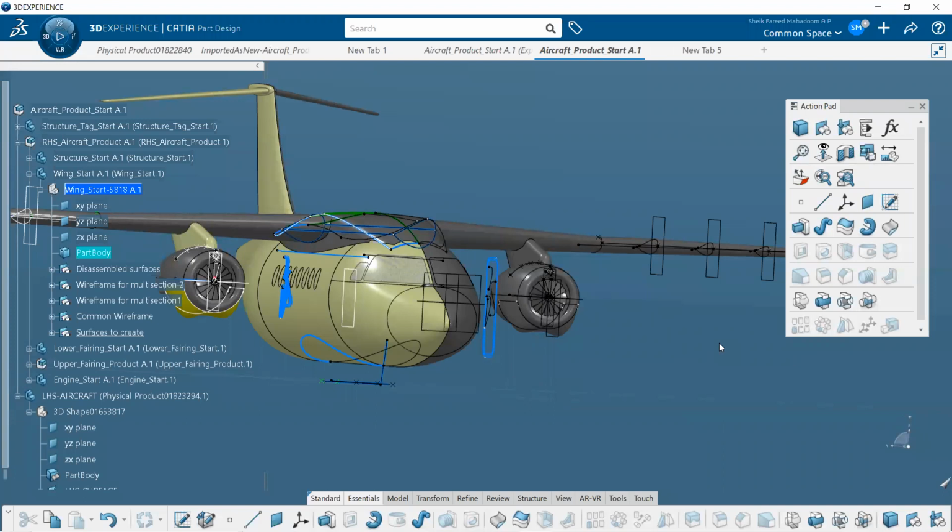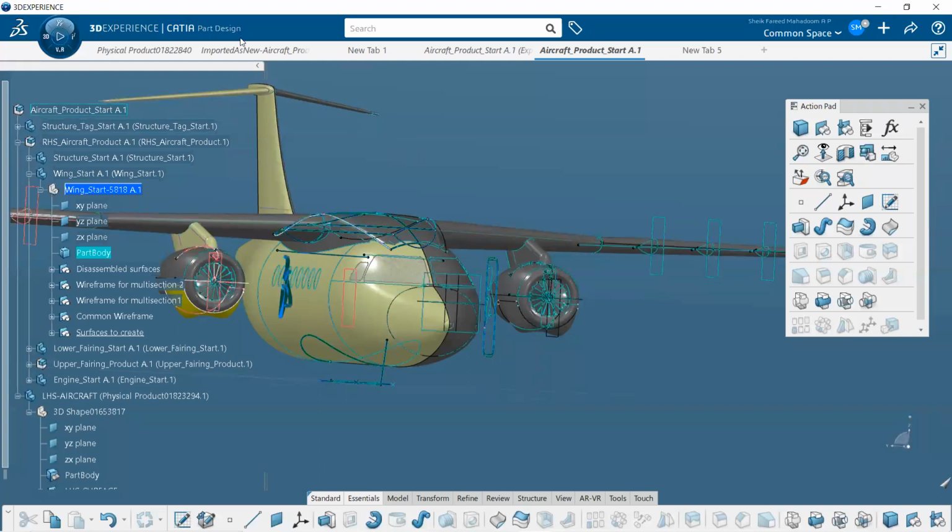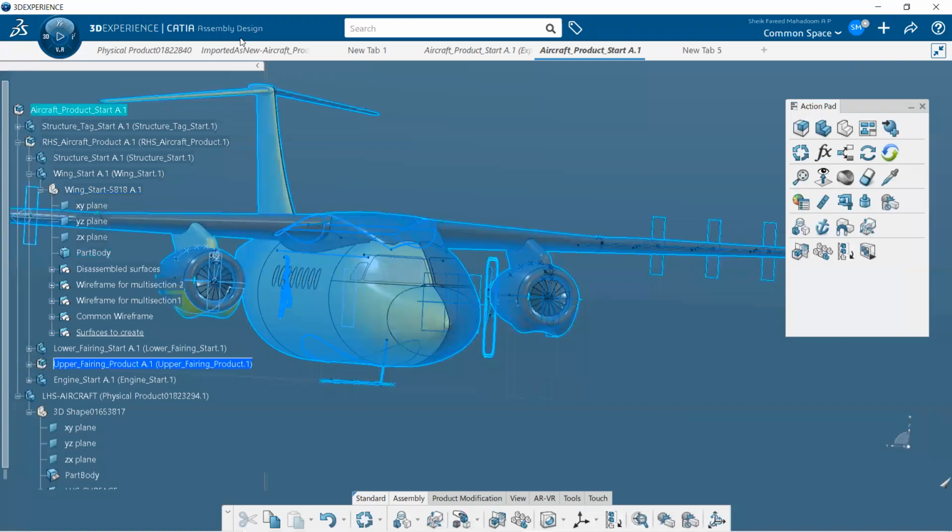Yeah, assembly of solid part and surface part also can be done. Right now it's actually in the assembly only. You can see assembly design. That will be shared soon. I guess the session is recorded and it will be shared very soon.